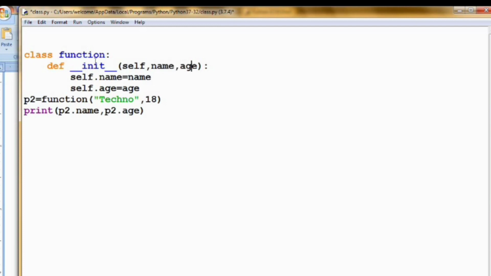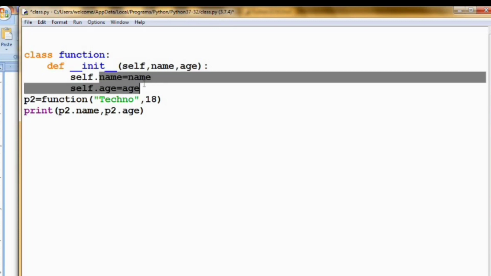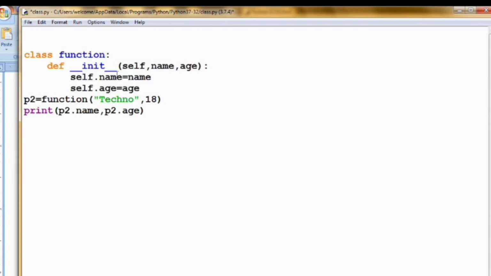But whenever you are defining a function inside a class, you have to use the first argument as self, because the self parameter is a reference to the instance of the class. That is, using self only you can access the elements inside this function, because the function is within the class.